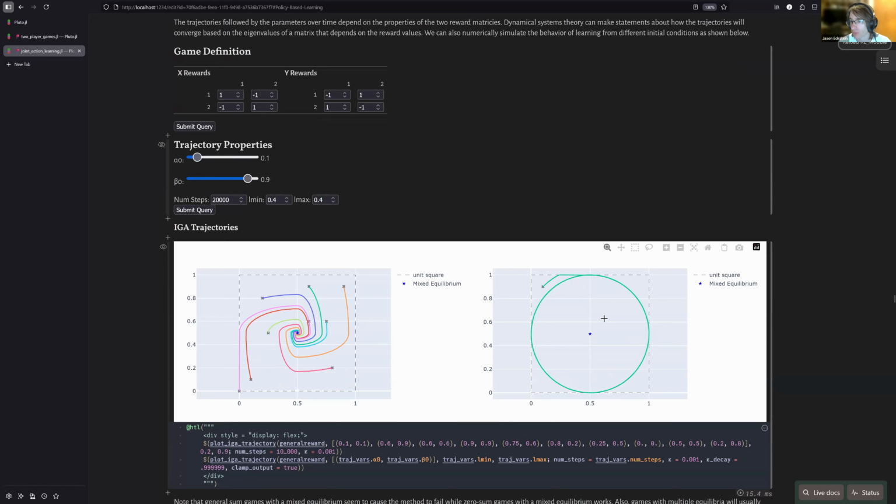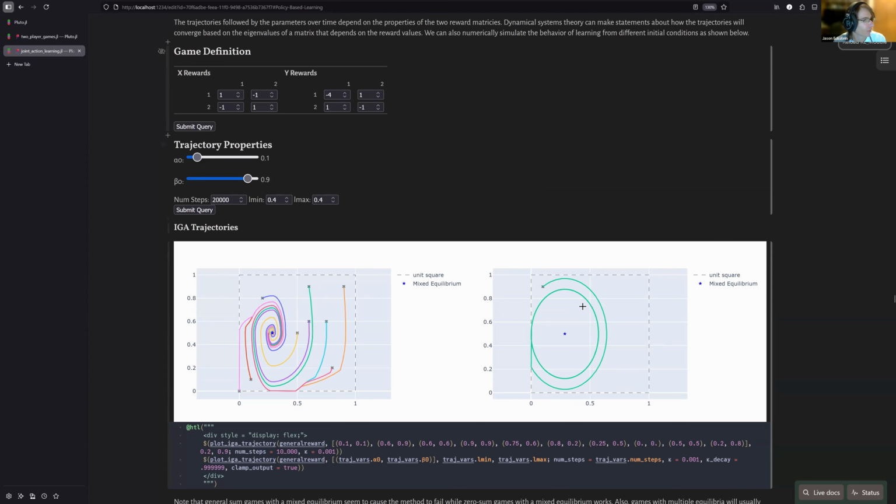This is also a case where the equilibrium point is in the middle here, which it turns out is the important case that we need to figure out a way to converge to. The other types of problems, where we have pure equilibria on the corners, where this star is outside of the grid, will actually converge to one of the corners as long as we bound the update in this grid, because they don't have this same problem. Where we really have a problem is this situation, where we have some equilibrium, and I can also make it asymmetrical again, so now we're going in ellipses around this equilibrium point,